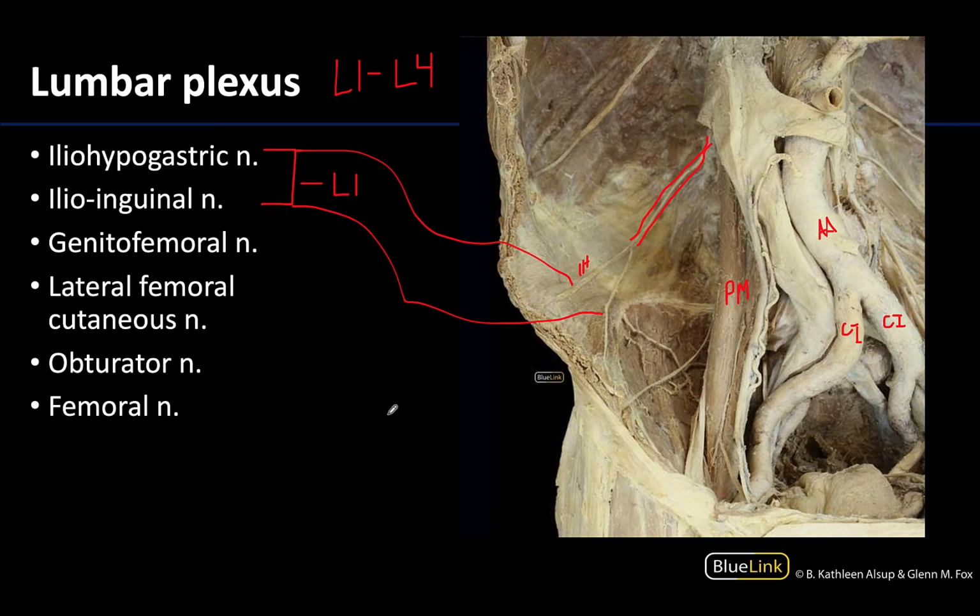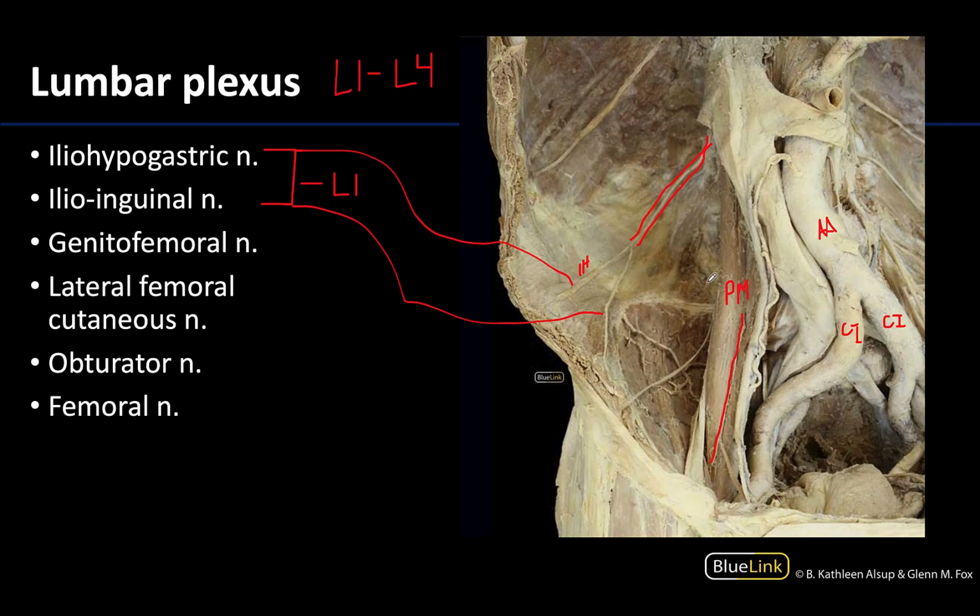Genitofemoral, I think, is the easiest to distinguish in my opinion, as it is the only one to pierce the muscle belly of the psoas major muscle. So you can see this nerve piercing through the actual muscle belly, and then it has its branches as it goes on of the genitofemoral. It is a smaller nerve, but the fact that it's the only one that pierces through psoas major makes it